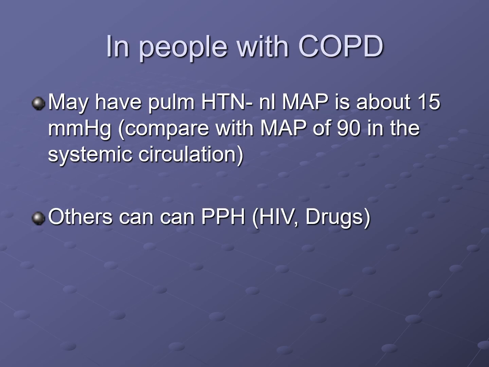So she might have pulmonary hypertension. How do you tell if she has pulmonary hypertension? Usually that's diagnosed with an echo in an outpatient setting, but obviously if she's in the ICU, they'll do wedge pressures and all those fancy things that I don't fully understand. The normal mean arterial pressure in the lungs is about 15. In the periphery, it's about 90. And if she has primary pulmonary hypertension, obviously she's going to have issues usually of diastolic heart failure as well.